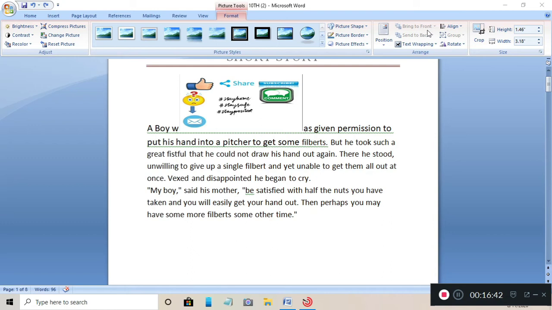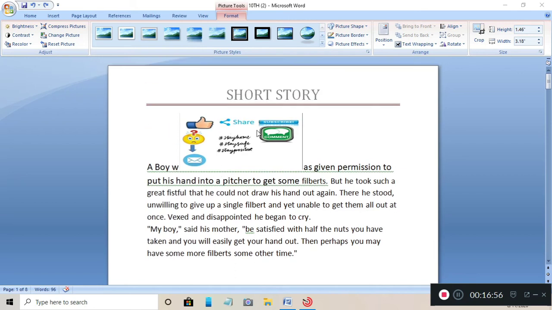Now next I'll show you how to add wrapping text around the picture. So how can we take this picture in front and all this text behind the picture? What can we do for such things in our document?